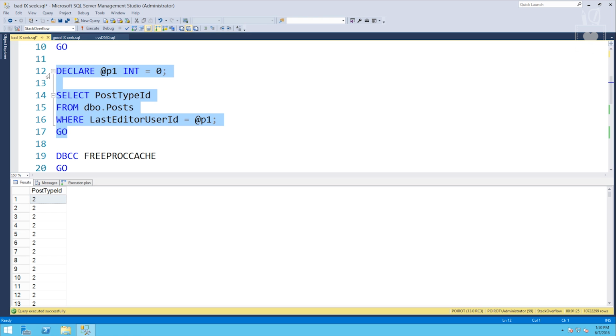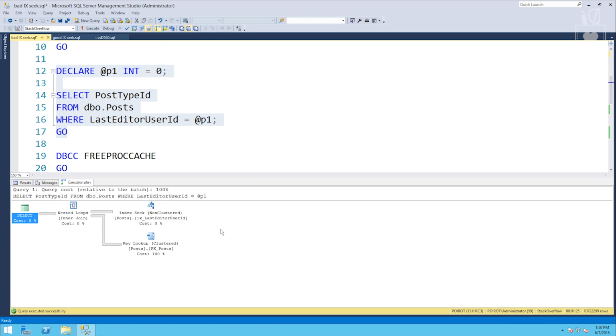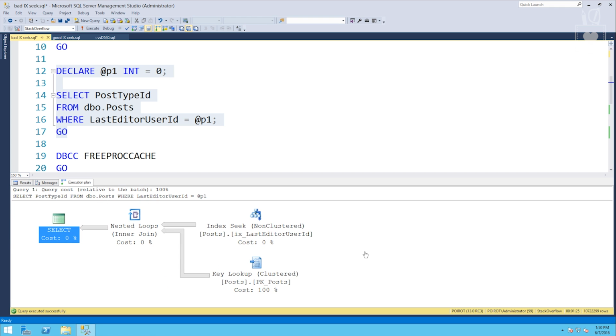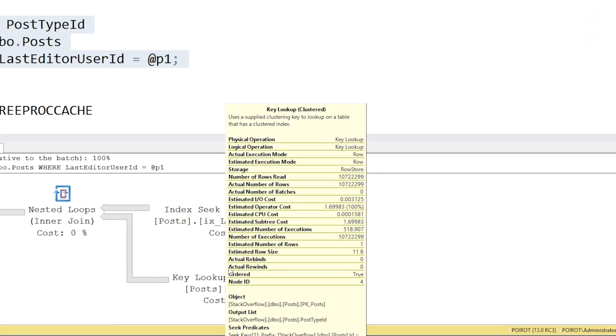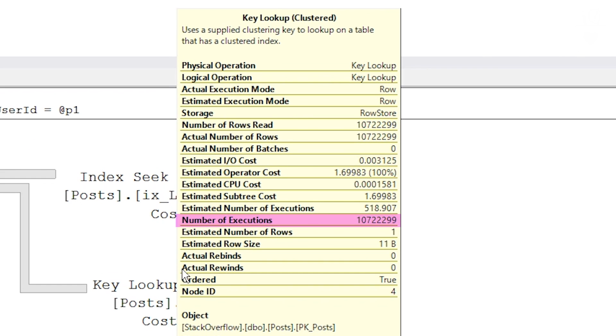Okay, so our query's done. Let's take a look at the execution plan. Okay, this is not good. We've got the index seek and key lookup, but we've got some really fat arrows going from those two operators into the nested loops. If we look at the key lookup, we'll see that the number of executions was 10.7